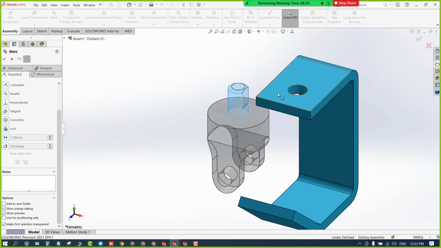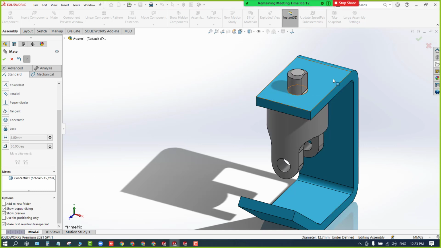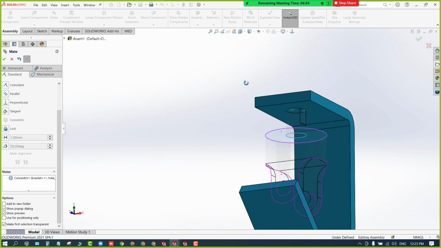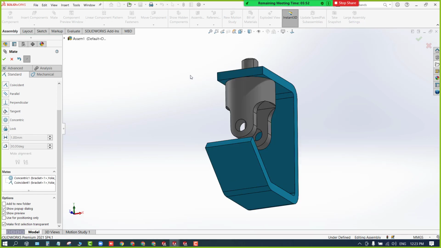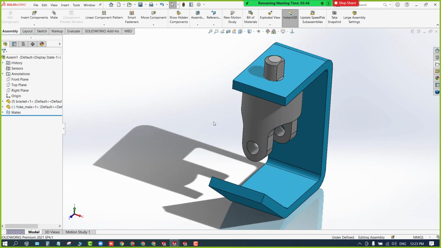Now this face should be concentric to this. You can select the next face. Can you see it moved from here to here? That is Show Preview, which is active there. If you uncheck that one, it will directly snap over there. Then there is Show pop-up dialog box, the window you have seen. You can drag the component, select this face and this face, and this is the pop-up of the mates. The software automatically defines which mate is needed. Concentric is automatically active. You can simply click on the green check. SolidWorks is so user friendly. It will automatically snap the mate required.